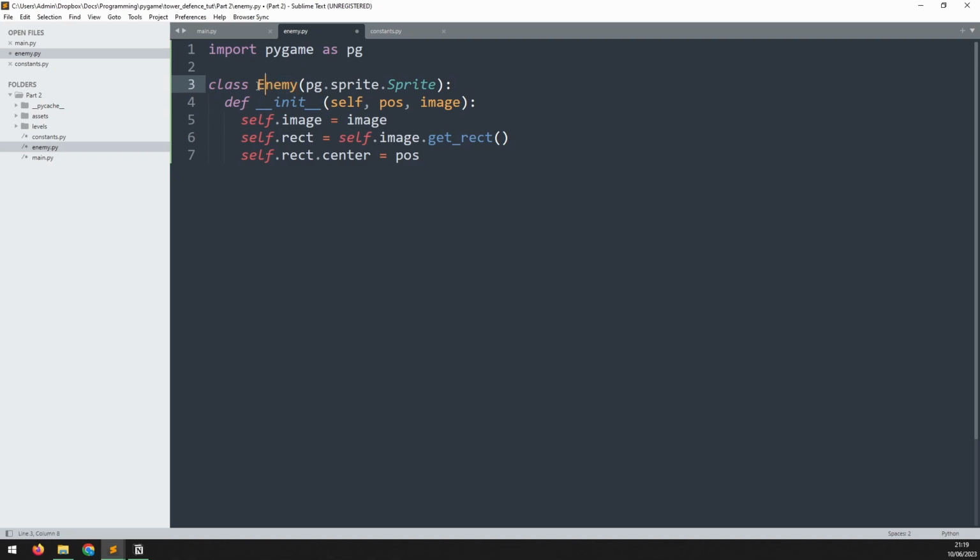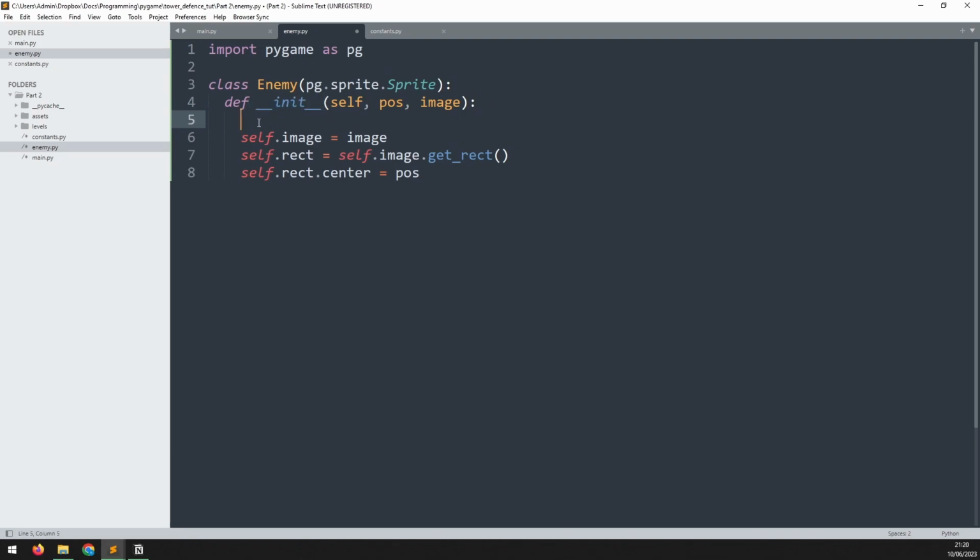So the enemy class will inherit all of the functionality that comes as standard within here. At this point, the difference between the classes might not be very clear, but as we go further on, I'll demonstrate what additional functionality this will give us. Now, in addition to calling the sprite class here, we also need to call its init method inside our own